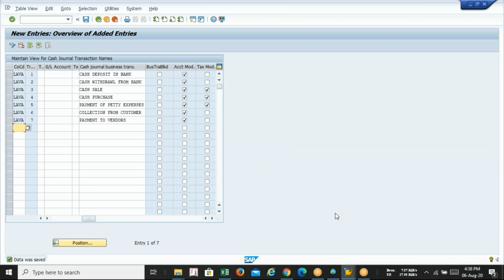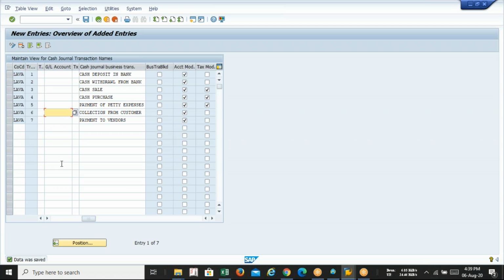Okay, data was set. Have you understood this transaction? I mean this step. Just tell me one thing, why am I not assigning any GL against this transaction? Is that clear to all of you? Because I must have multiple vendors, so I can make the payment to any vendor. So I will not assign any particular GL for this transaction.